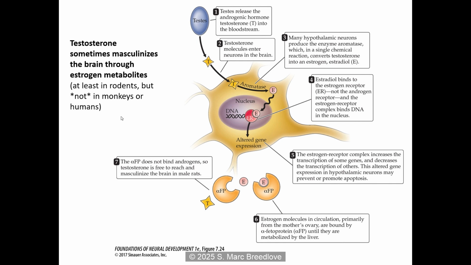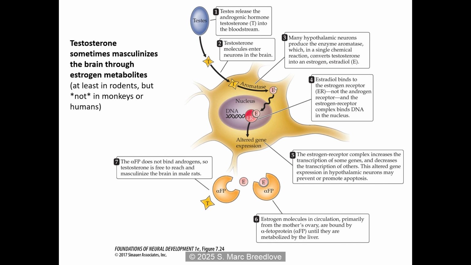The molecule testosterone can, in a single chemical reaction, be converted to the molecule estradiol. In fact, when the ovary is producing estrogens, it does so by first manufacturing androgens. And some of those androgens go into circulation. But the ovaries are chock full of an enzyme called aromatase. And aromatase converts testosterone to estradiol. And it converts other androgens to other estrogens. Everyone get that so far?